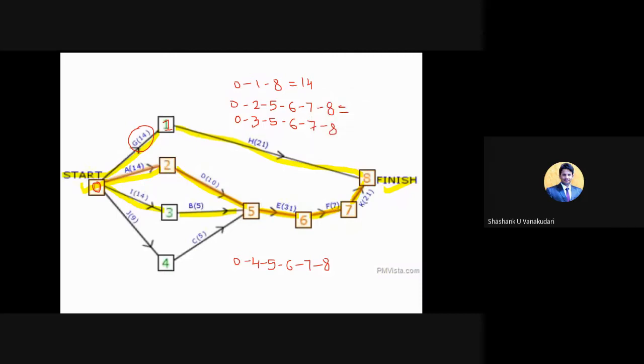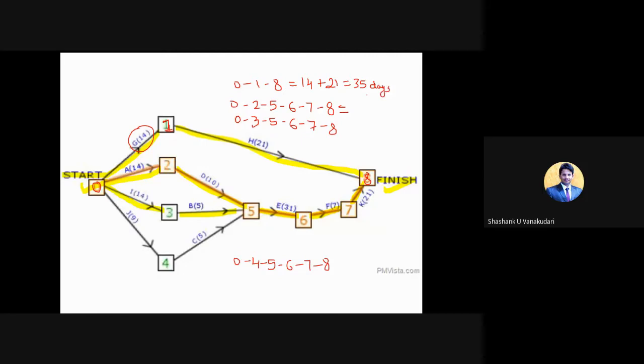So here 1 to 8, this is 8 and this is 1. This particular activity is noted down as H, and the time duration they have given is 21. So just add these two. What about the total? This is 35, right? So 35, you can consider in terms of days.